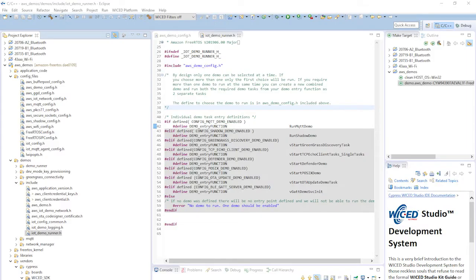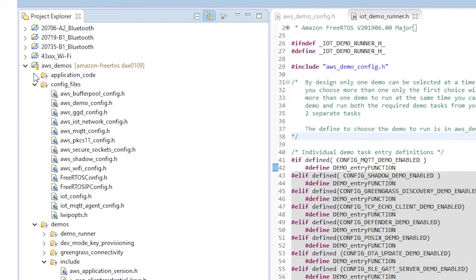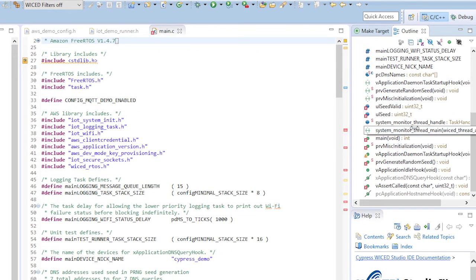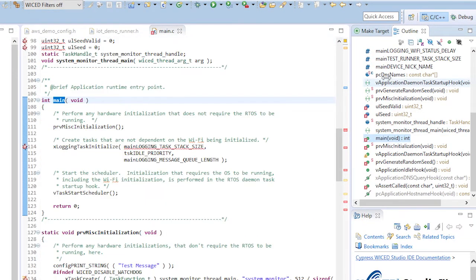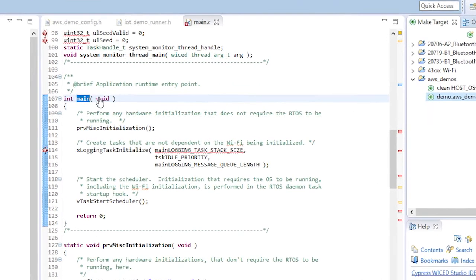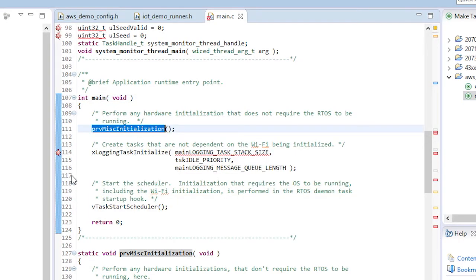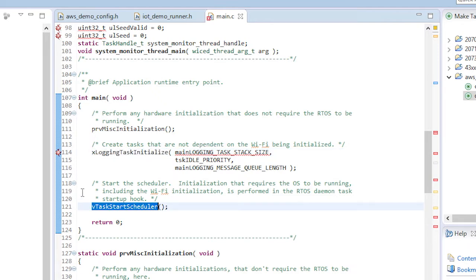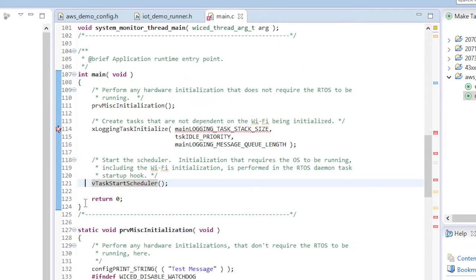Now, let's look at the example code to see how it's structured. Application code main.c contains main, which is, get this, the main entry point for the application. Main performs the hardware initialization that should be done prior to starting FreeRTOS. It creates a logging task and then starts the FreeRTOS scheduler. After the scheduler is started, the application startup hook is invoked from the RTOS tick timer callback the first time